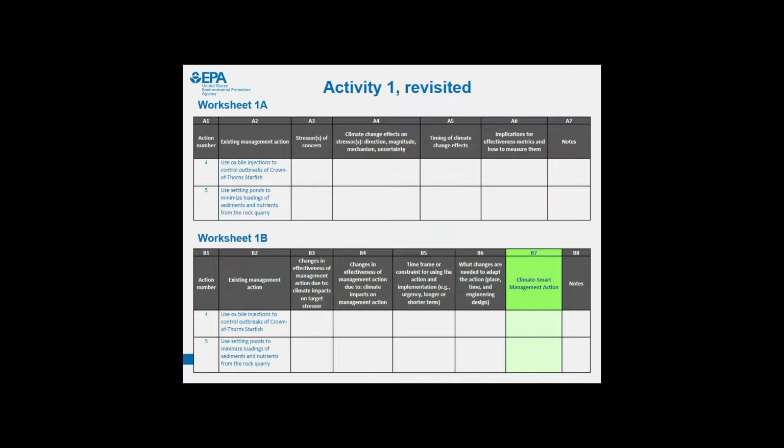Cool. So I'm just imagining in my head where I would be writing all these things down in these different columns, and hopefully folks on the phone can get an idea of where this one might be headed. I was having fun thinking about the crown of thorns example for this, thinking about how primarily changes in nutrients would affect crown of thorns outbreaks, and maybe changes in ocean circulation due to,